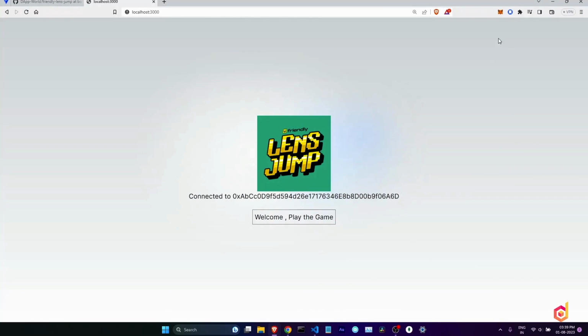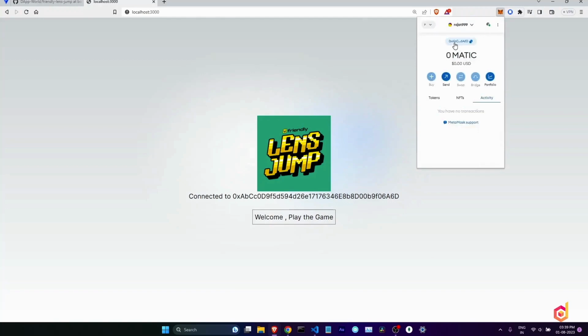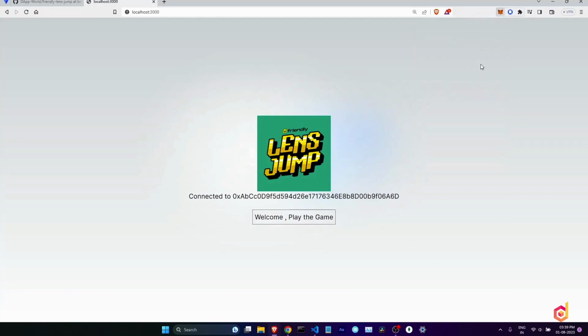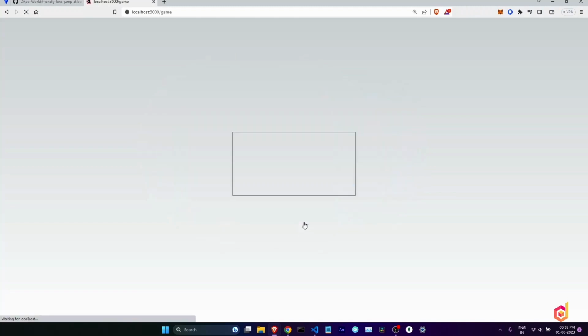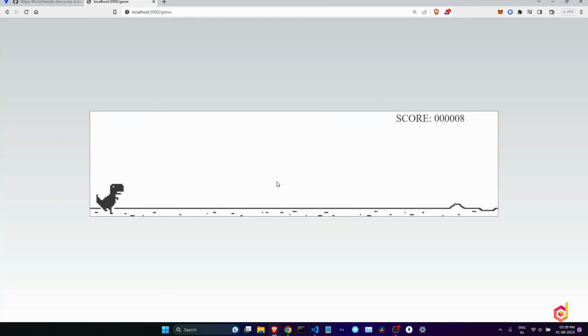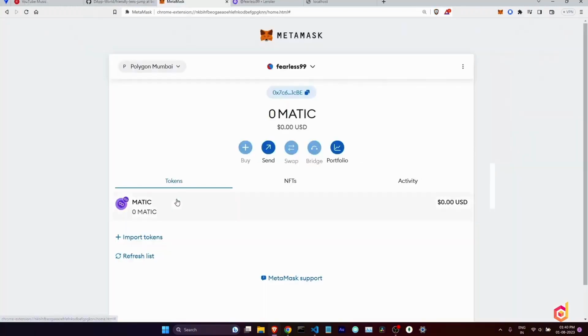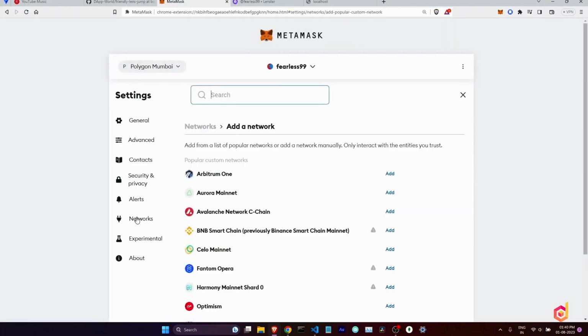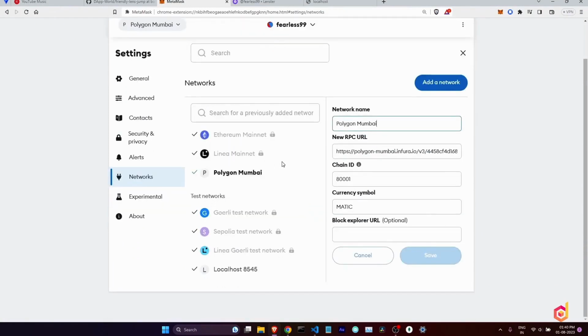Now that we have successfully connected with the MetaMask wallet and also written its code, let's set up our Lens profile and then log in our app with our Lens profile. All this process we are doing on the test network. Right now we will be using the Polygon Mumbai testnet. So before getting the Lens handle, we need to configure our MetaMask wallet with this Mumbai Matic testnet. So open your MetaMask wallet and in the MetaMask wallet settings, go to the networks tab and add the Mumbai